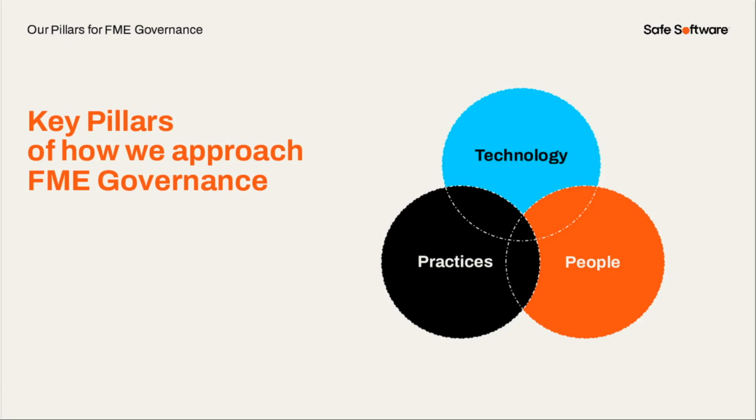So what we did is structure the governance around 3 main pillars. And that allows us to assess how FME gets used. These pillars we divided into technology, people, and practices. The idea of putting these 3 pillars around governance allows us to evaluate the different kinds of needs. So in technology, we're talking about how the FME Server, or FME Flow now, is